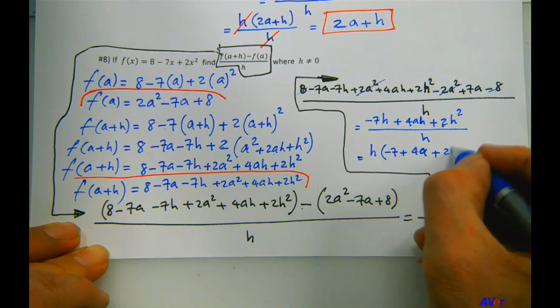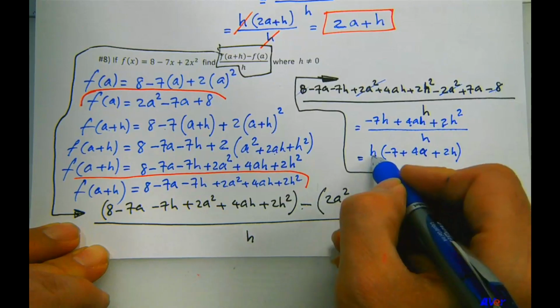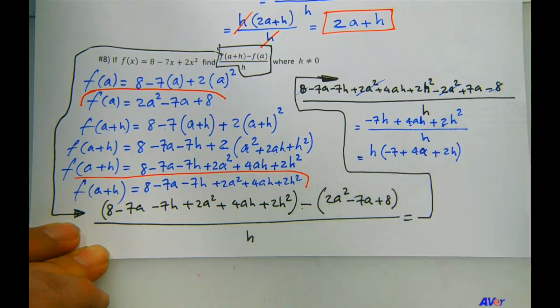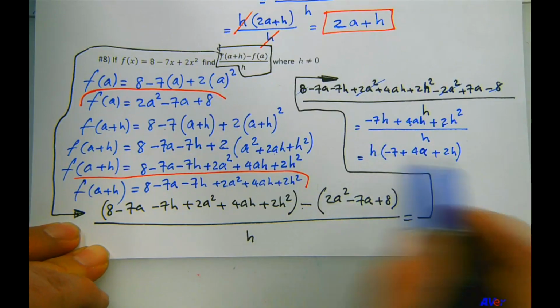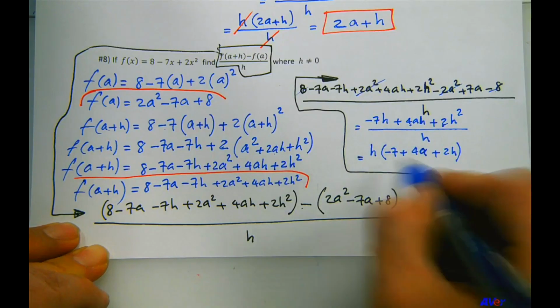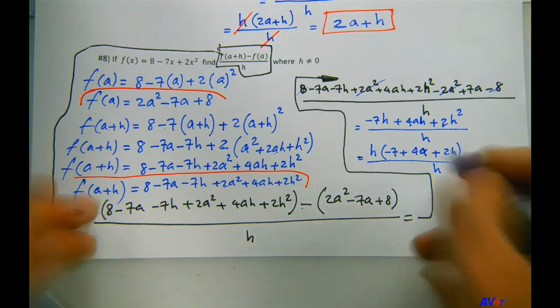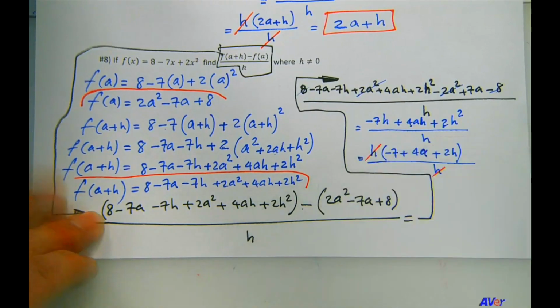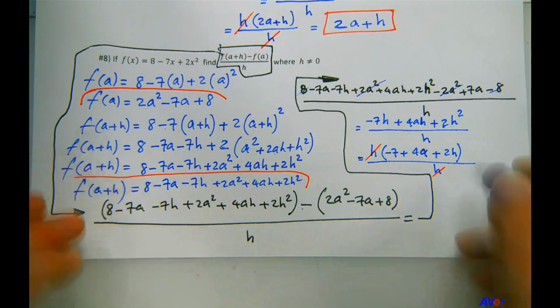Well, 2h, right? 2h times h is 2h squared. So just test this. Distribute this into that on your own scratch paper. You should get that expression, all of this over h. So now this h and this h cancel out because that's being multiplied. And the result is,